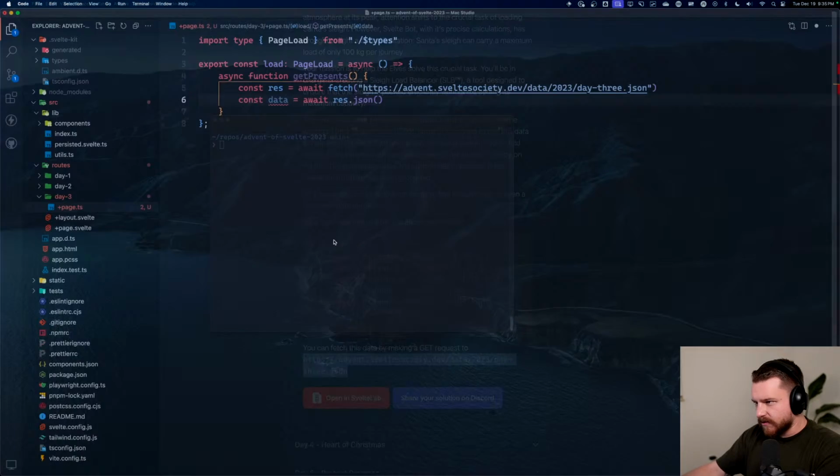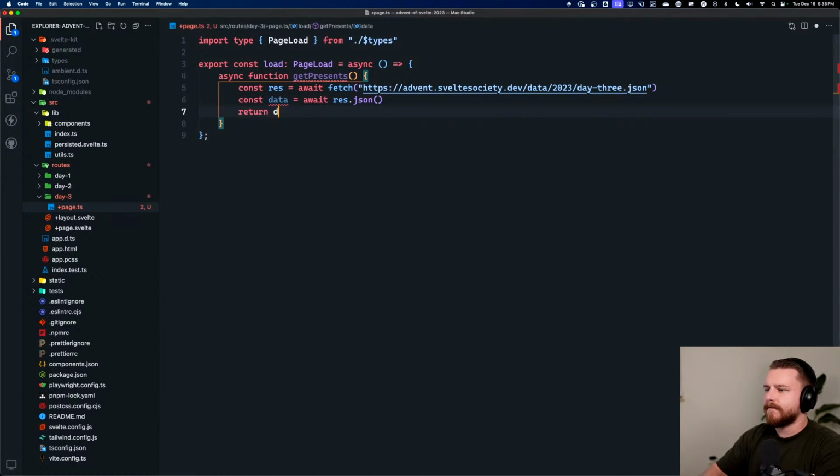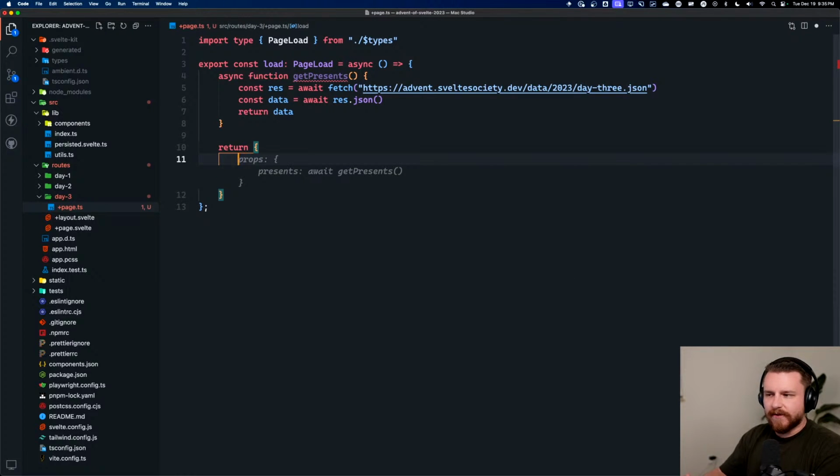What does this look like? It's just an array. We're using SvelteKit 2 and Svelte 5. So